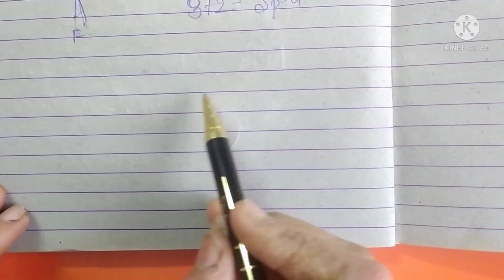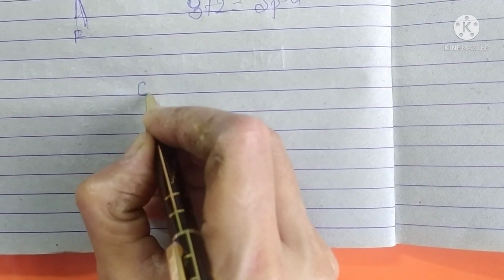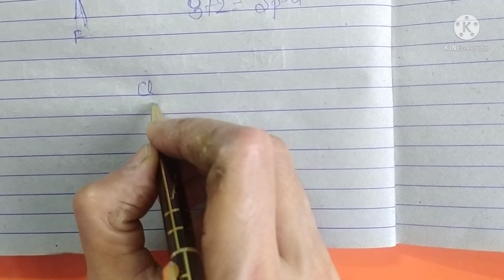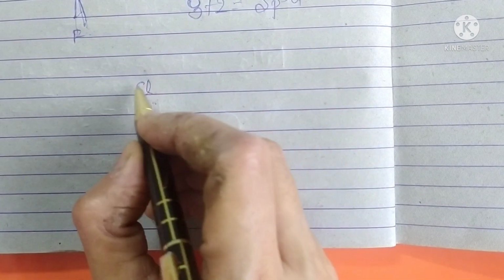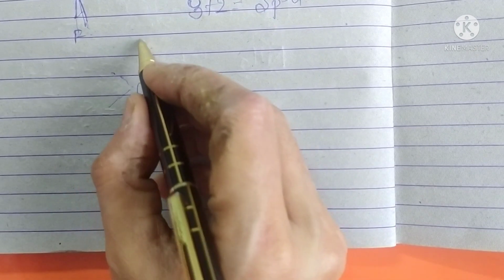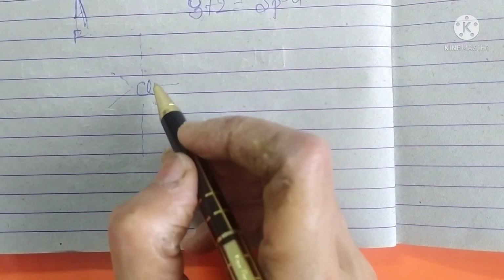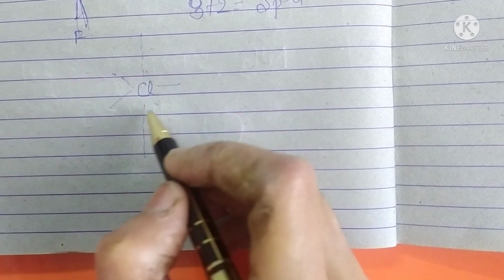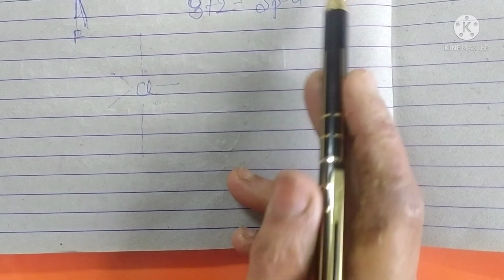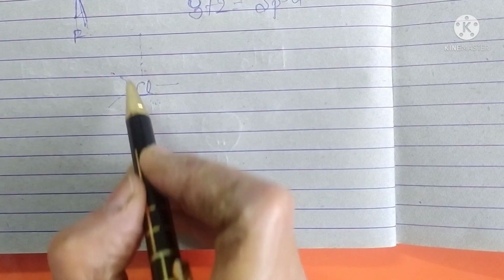Now let us try to find out what will be the shape of the molecule ClF3. Cl, the element which is bigger in size or which is electropositive, is written in the center. Now 3 fluorine atoms. This is one fluorine atom, another. Let us represent the bond pairs. I am not writing the fluorine atoms. These are the electron pairs if they are all bond pairs. Now out of these 5 bond pairs, we have to replace 2 of them with lone pairs, because this is the electronic arrangement, and 2 lone pairs will be replaced.